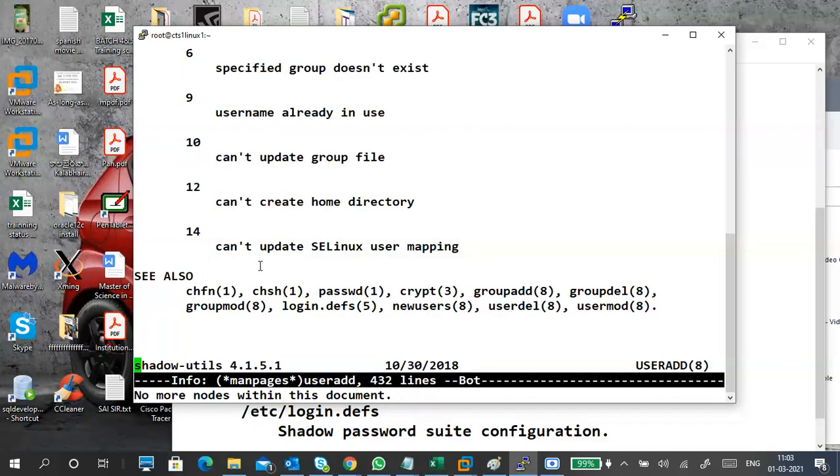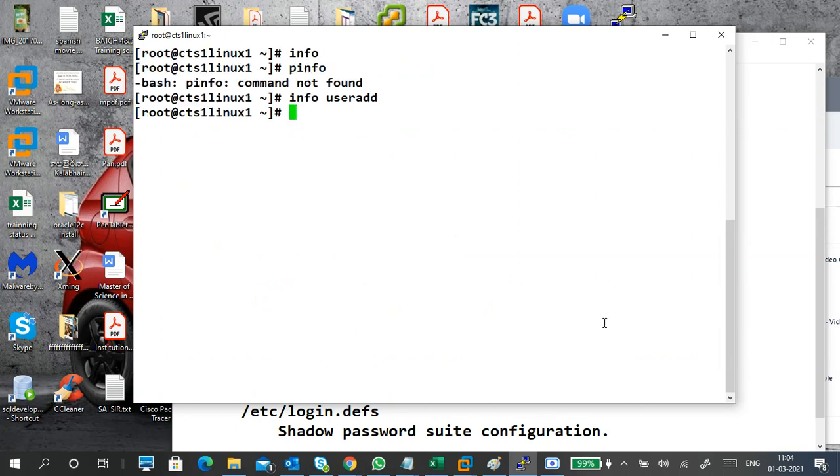It does not mean you should know everything, but you should know the necessary things. So like this, we will understand. There are so many things there. For example, I want to know about usermod. Then I will put info